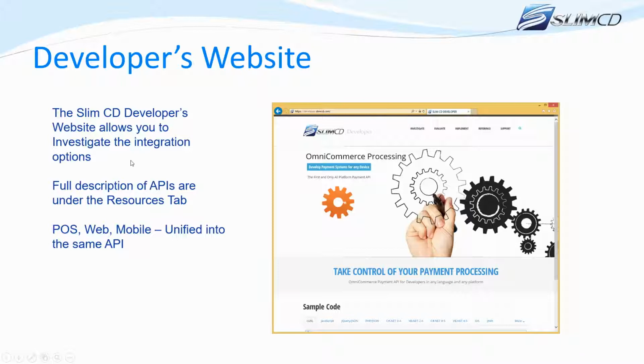So check out the developer's website. It's got a lot of information, all the APIs available. Again, remember, clerk level logins can log into the website. API credentials cannot. API access credentials are tied specifically to a client, but it's nice to know that as you're creating these transactions, you're actually building data into the hierarchy that you might later be able to use and extract to get a wider variety of reports as you're designing the Slim CD hierarchy to fit the actual footprint of the merchant as their stores are set up or as they grow. So again, I invite you to take a look at the developer's website and the APIs